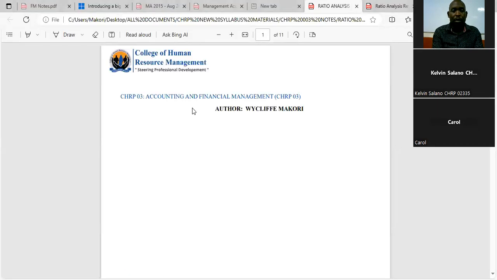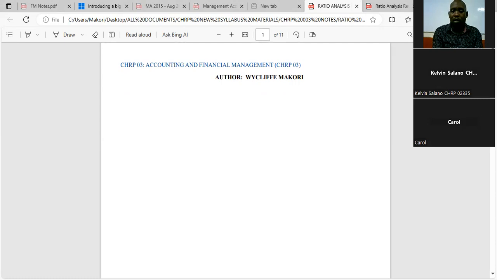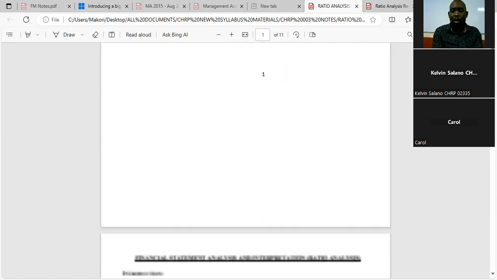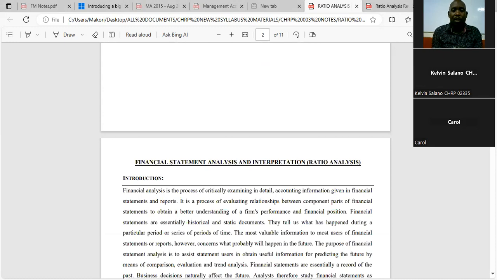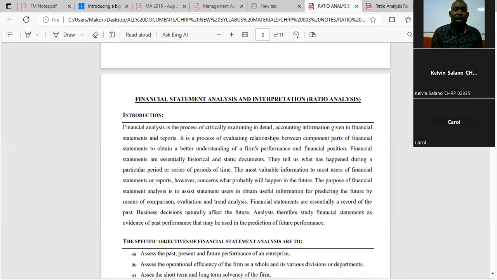So this is accounting and financial management. I understand that this is the introduction to financial accounting, but this topic appears in both the old curriculum and the new curriculum. So don't be worried that you are CHRP 04, but understand that the concept is the same. So the financial statement analysis and interpretation, also known as the ratio analysis. So a ratio,